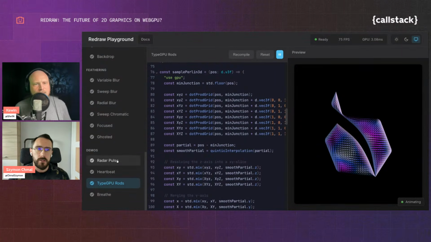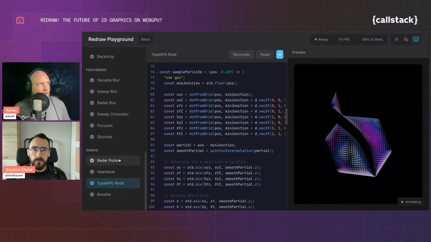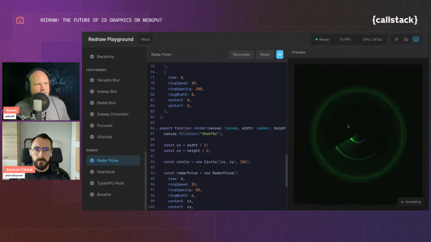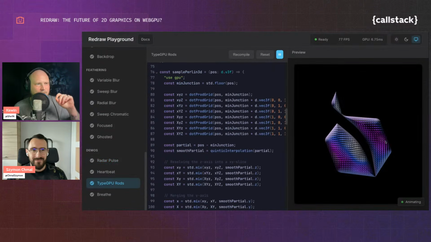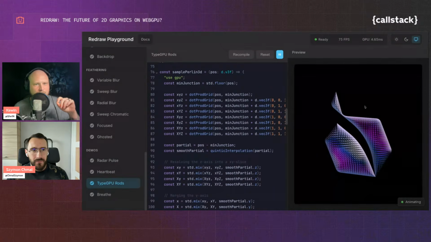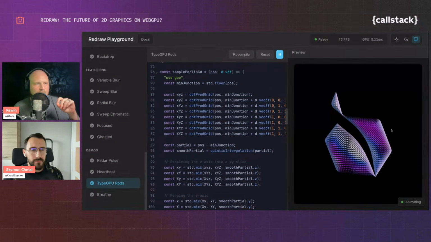What would be the cherry on top, in my opinion, in this playground? If this would be a little bit interactive. If I could click and have the boom, boom, and same here, if I could control those rods with my mouse. This would be just like,